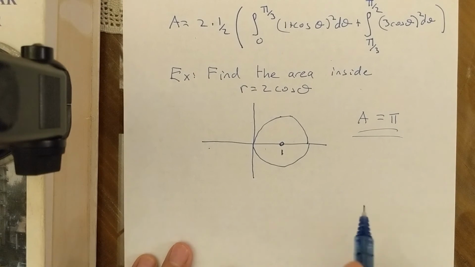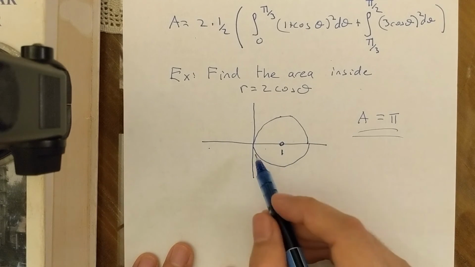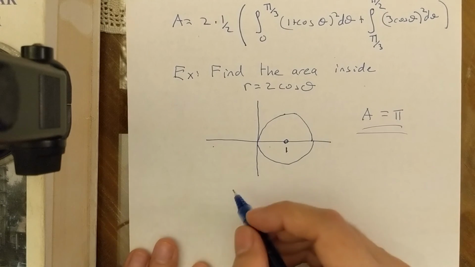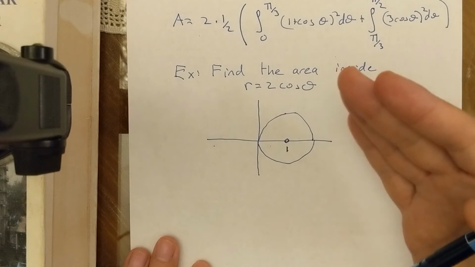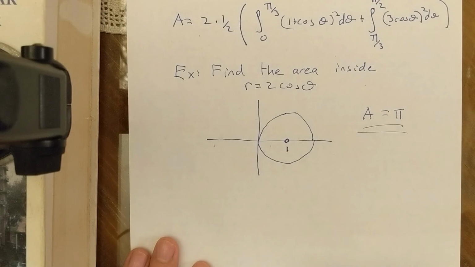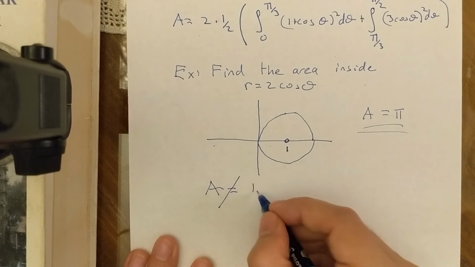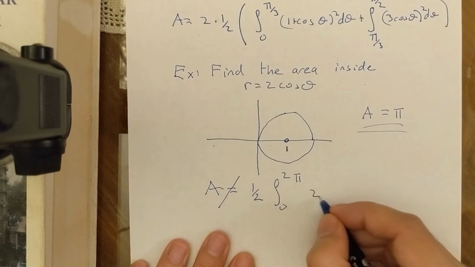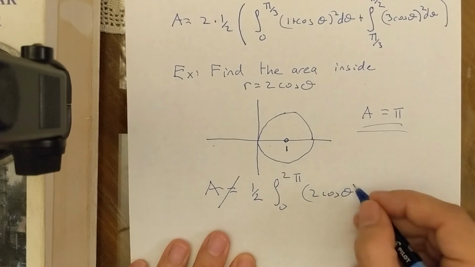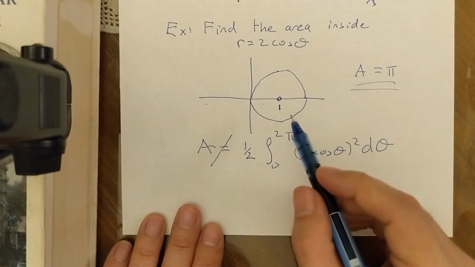Now, this is very interesting because drawing this circle was kind of interesting, wasn't it? When you start doing this, a bad thing to think would be, okay, I'm going to go 0 to 2 pi, the circle squared, and that's going to be the answer. I'm going to multiply it by 1/2. That's the wrong answer, okay? So if you think, let me write it clearly, area is not equal to 1/2, I'm saying not equal to, integral 0 to 2 pi, 2 cosine theta squared. If you think this is the angle, this is the answer, this is not right, okay? The reason is